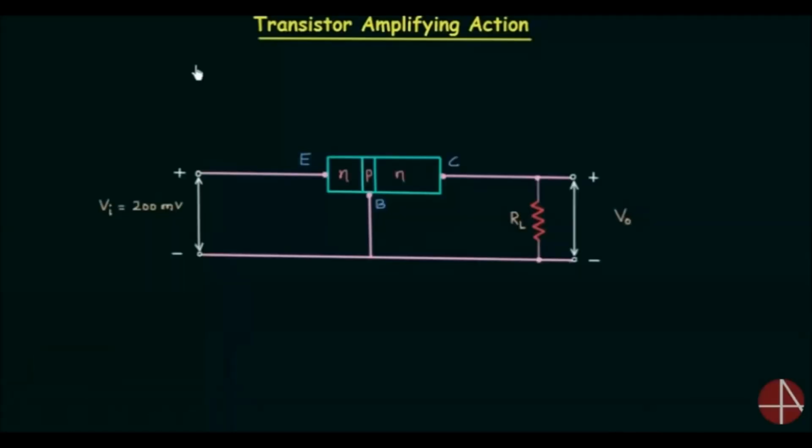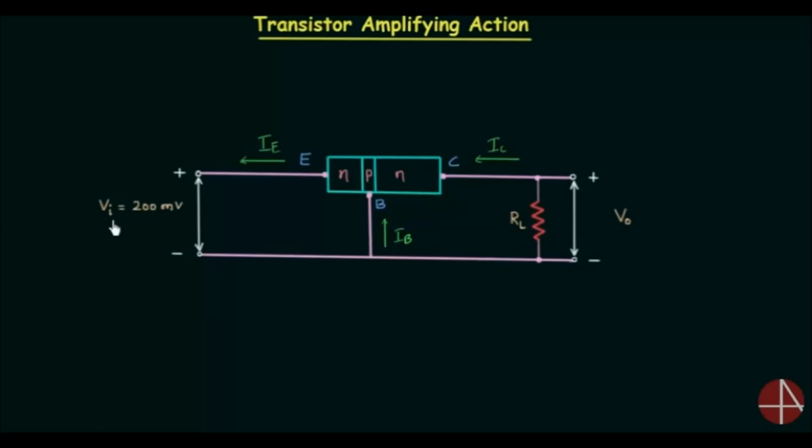We know the relation between collector current and emitter current, and now we can easily understand the basic amplifying action of a transistor. I am using the common base configuration for this purpose, and you can see I have not shown the DC biasing in this figure because we are interested in the AC response. I am using an NPN transistor, and considering the active mode of operation, the emitter current IE is the leaving current, the base current IB is the entering current, and the collector current IC is also the entering current.